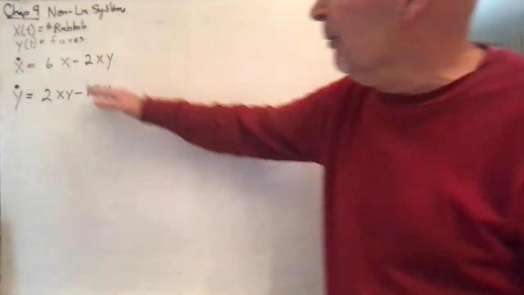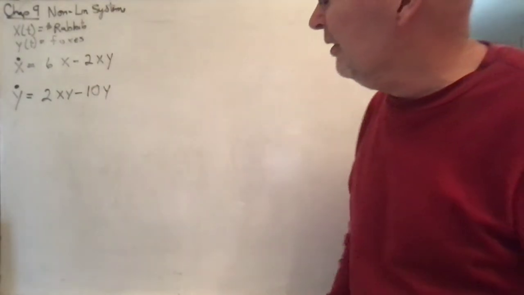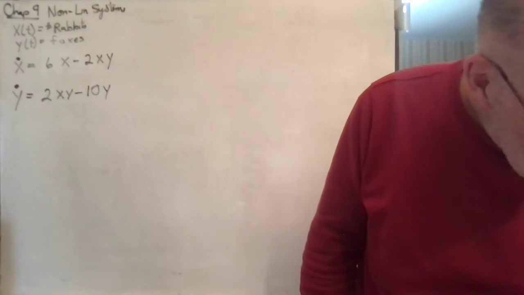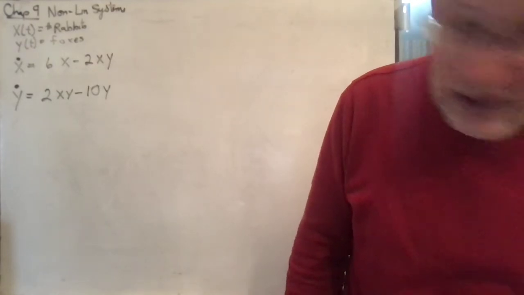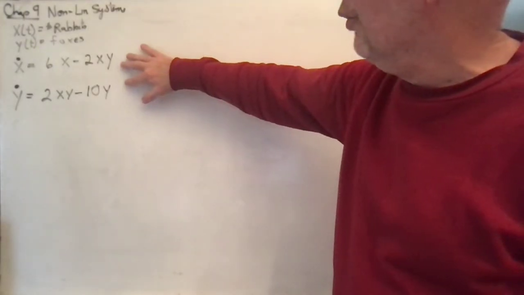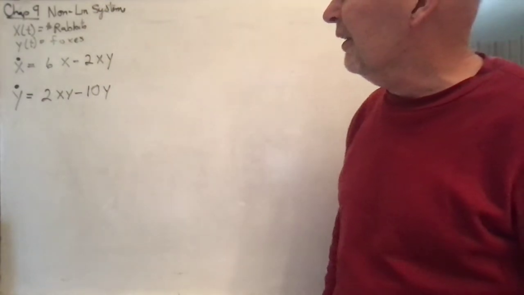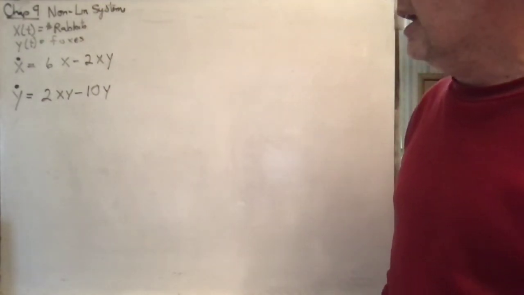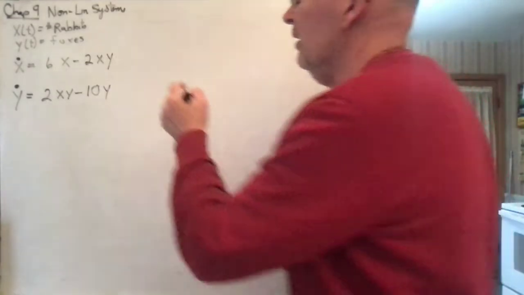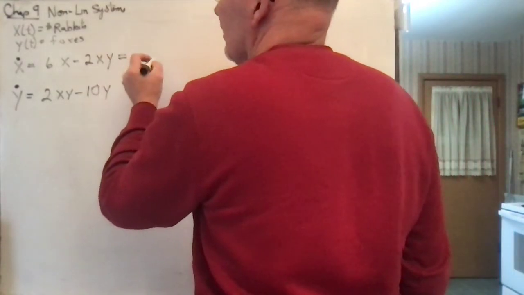So, similar sort of thing. You find the fixed points, and once you find the fixed points, then you analyze each of those fixed points. In this case, I think there's just 2 of them. And you analyze those. And by the way, right here, just to make it easier to do the fixed points,